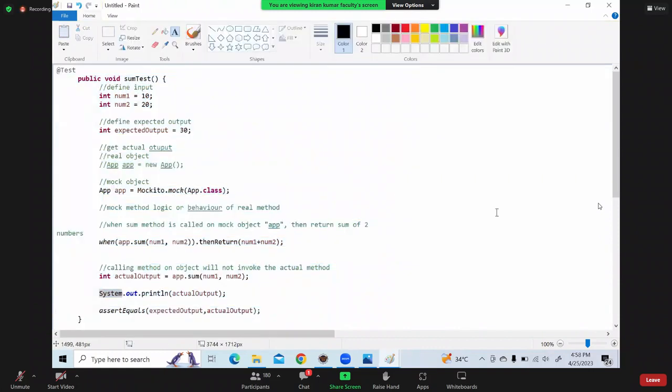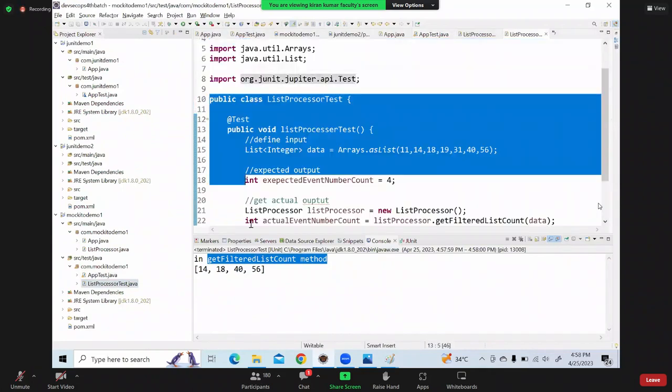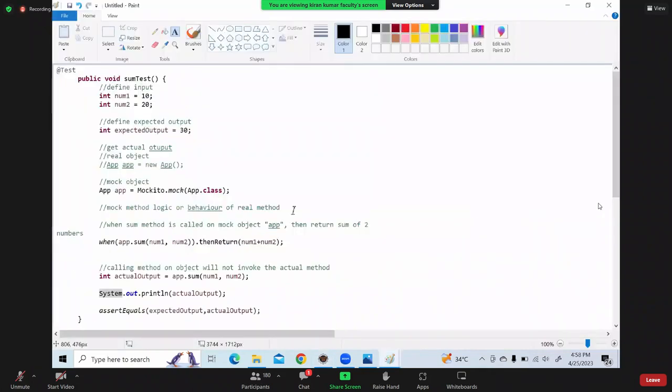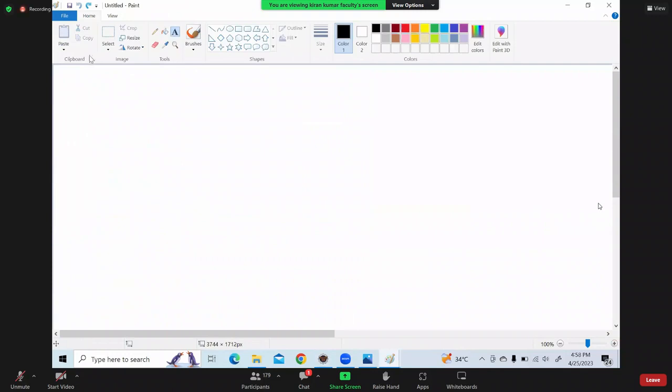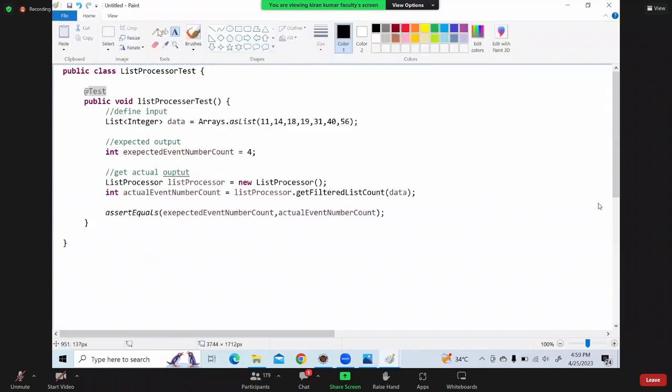Now, when I execute this test method, what happens? This is an array list. Okay, this is a list created. Right? Okay, 11,